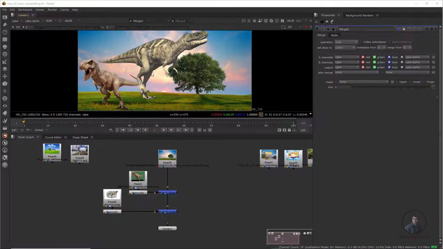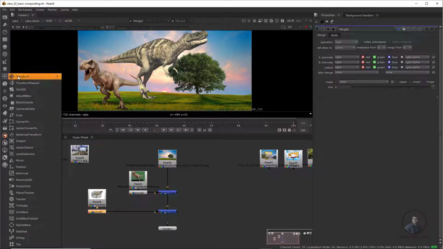If you want to move any object or foreground image here, then for this we need a transform node. With the help of the transform node we can move an object, we can scale, we can rotate. So suppose I want to place this dino here. So after this image we have to use a transform node. For this, select this node and click on the Transform option